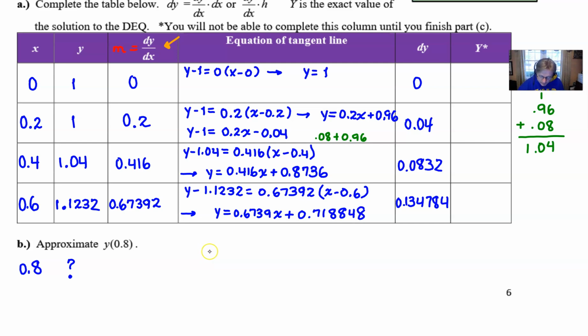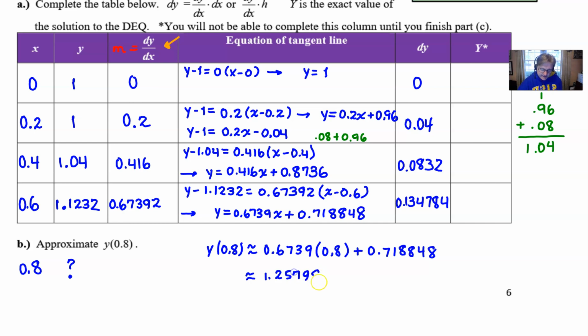Really, all we've got to do to approximate y of 0.8 is to take our 0.8 and plug it into this pretty nasty expression, 0.6739 times 0.8, and then we'll add the 0.718848. And again, I know that you can manipulate this with a calculator. That's not what I'm trying to accomplish here. I just want you to see the general progression and see that if we type all this in, we would end up with